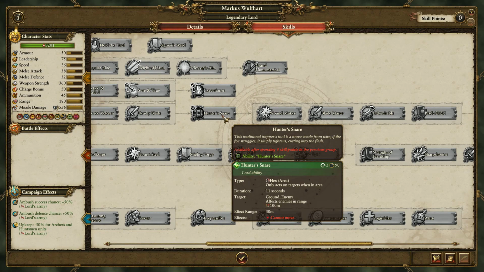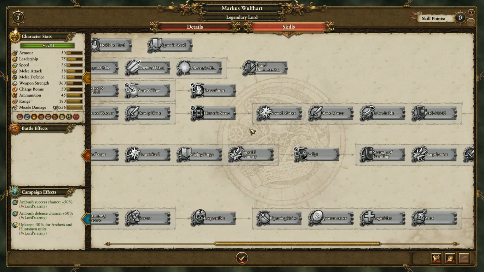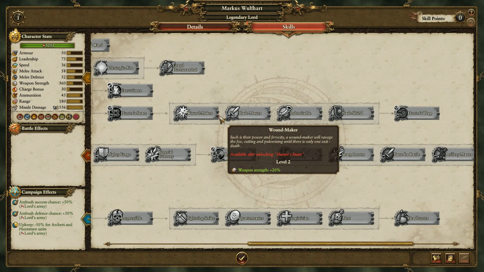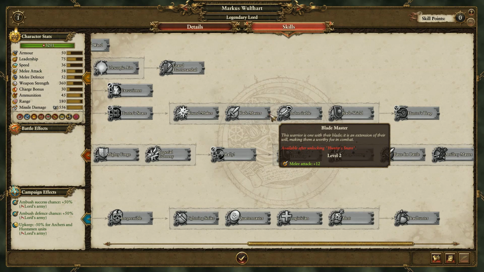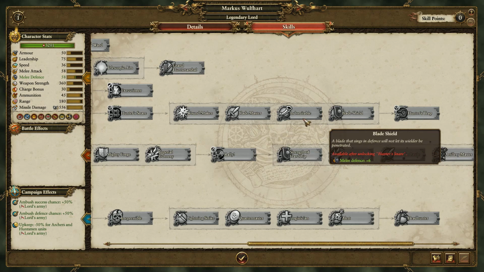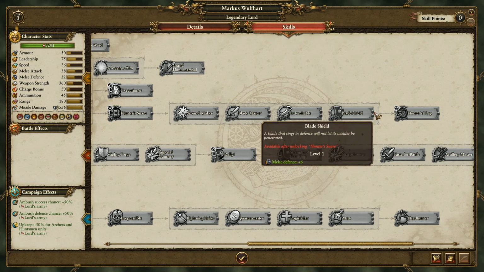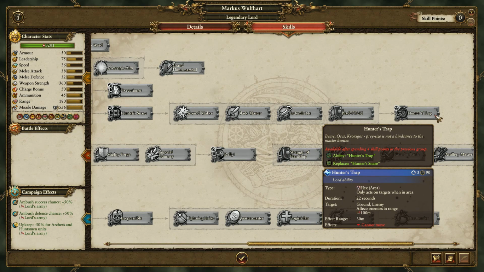Hunter's snare, which I think is an immobilization spell. Let me just see. Yeah, cannot move. So this is, you pin them down for 11 seconds and you just see them melt with Wolfheart. We got the Woundmaker, weapon strength plus 20%, Blademaster up to plus 12, starting on 6. Indomitable, plus 12 also leadership, Blade Shield of 6 and plus 12 melee defense, and Hunter Strap is...